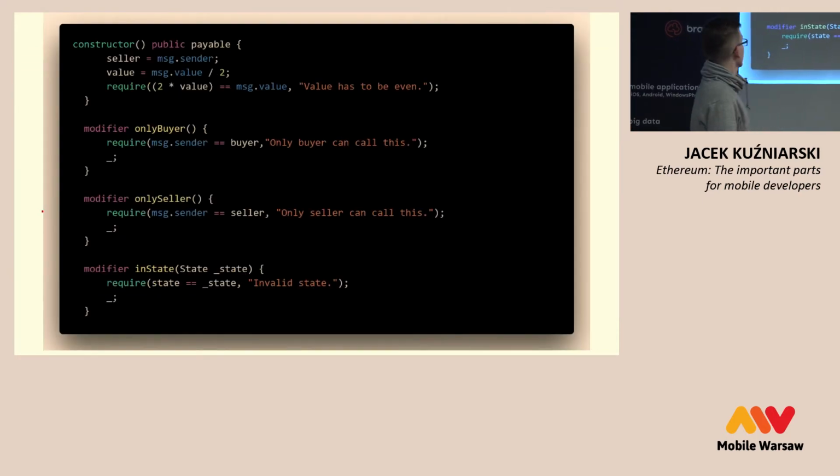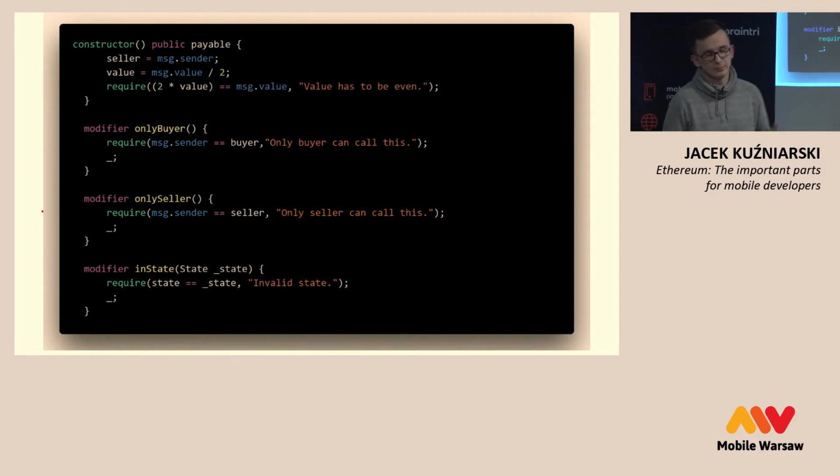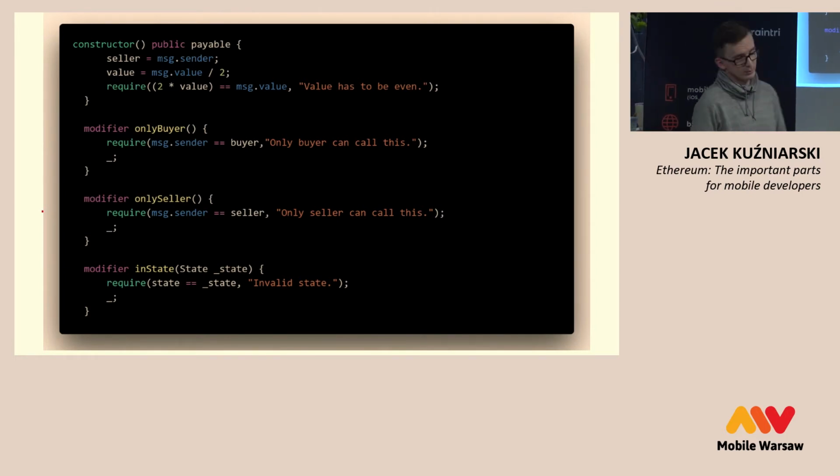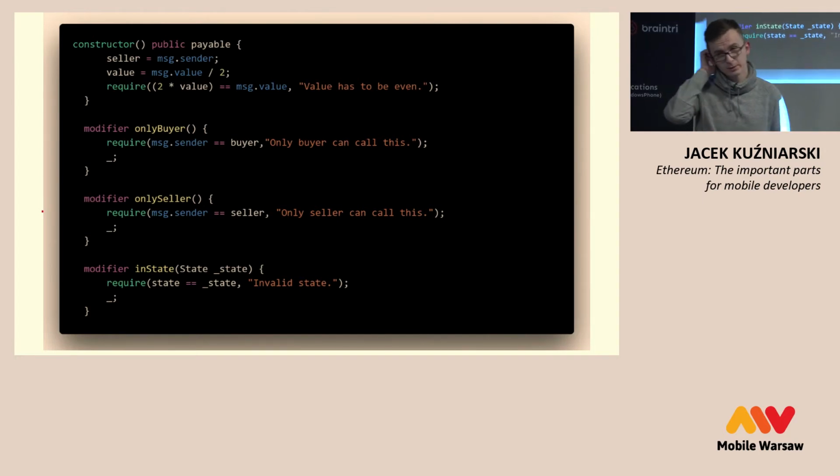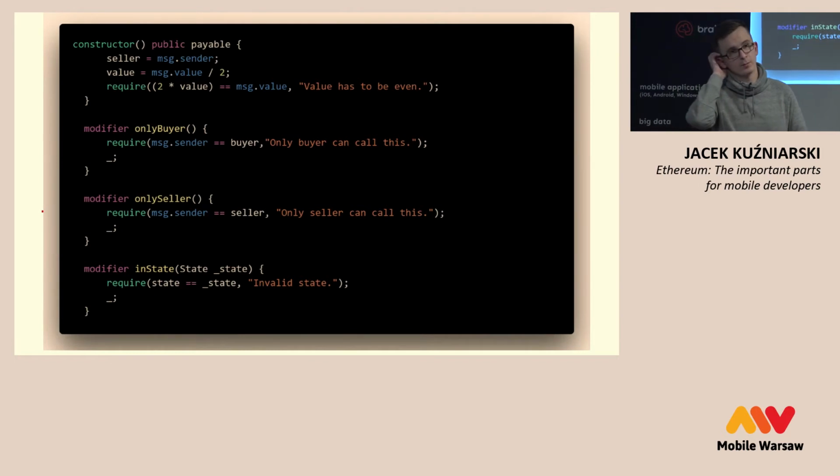Onto the constructor. Nothing that much special, but this is a purchase. So we want to sell something to someone, and we would register the seller and the value that we want to sell it for. And there are modifiers. Modifiers are quite a cool part about Solidity, because you can check all the preconditions. So we don't want to run a function if you are not a buyer,